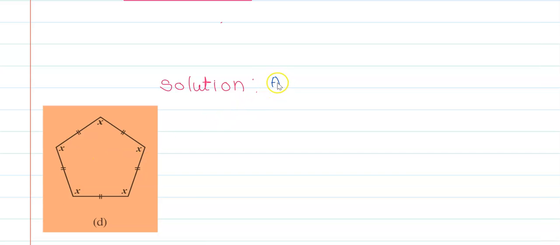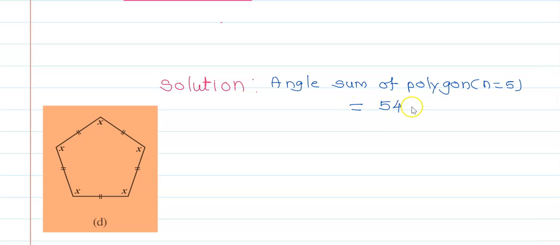Therefore the angle sum of polygon n is equals to 5, and that's equals to, we have just calculated, it is a 540, and this equals to x plus x, 5 times x, I will write here x plus x plus x plus x plus x,